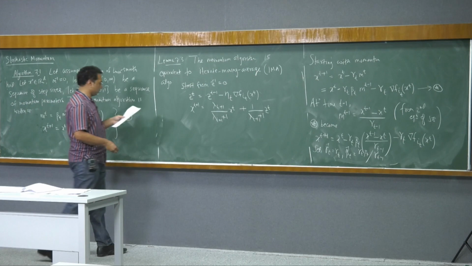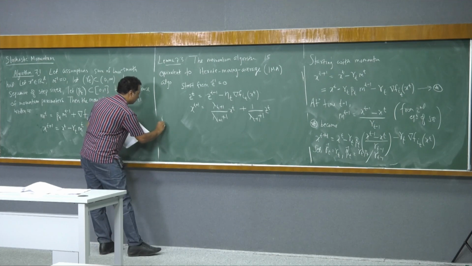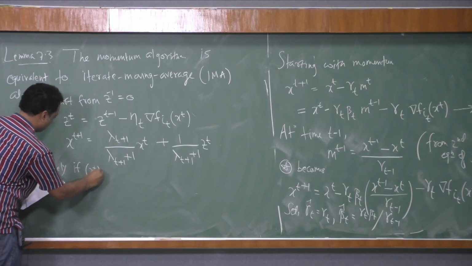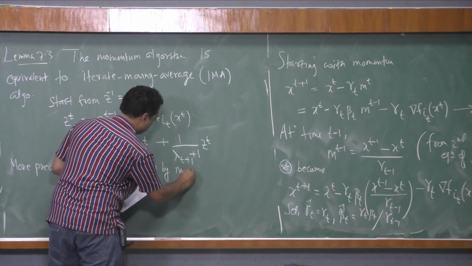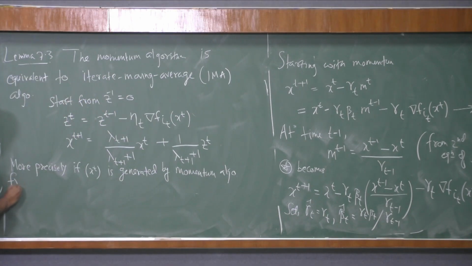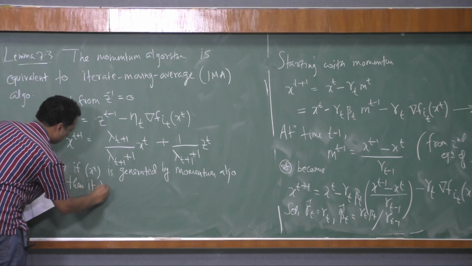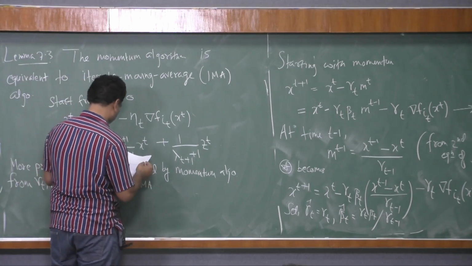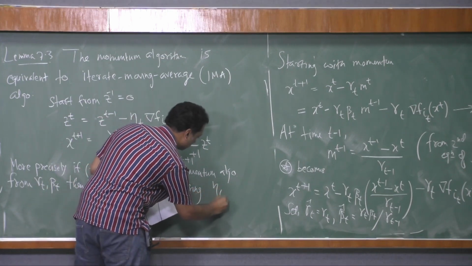So in this case also, the parameters that these guys have need to be adjusted. So we can say that more precisely, if xt is generated by the momentum algo from parameters gamma t and beta t, then it verifies IMA by choosing parameters eta t and gamma t